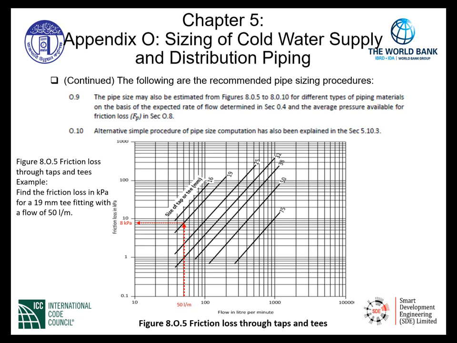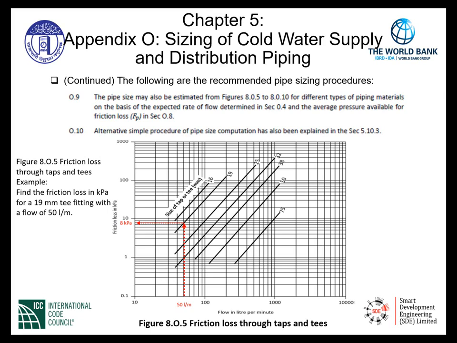or the lower level, the flow in liters per minute. On the y-axis, or the vertical axis, it gives us friction loss in kPa. This particular figure is friction loss through taps and T's. So as an example, find the friction loss in kPa for a 19 millimeter T fitting with a flow of